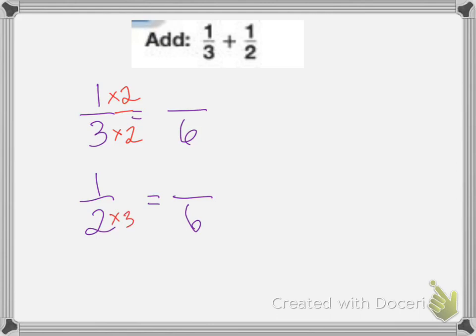And 2 times 3 equals 6. So I'm going to multiply this one by 3/3. Remember, both these fractions equal 1. So I'm not changing my fraction. I'm just renaming it. So 1 times 2 is 2. 1 times 3 is 3. Now I can add these together. 2/6 plus 3/6 equals